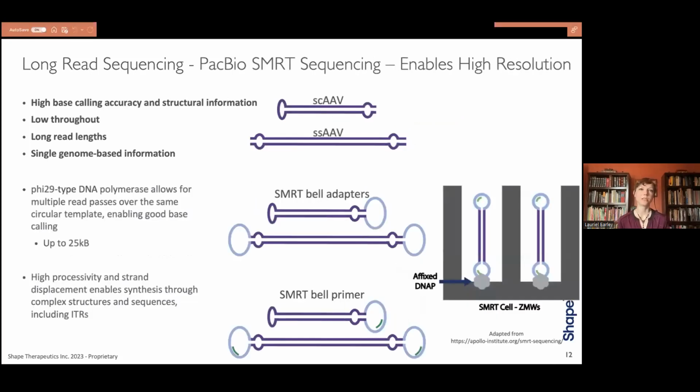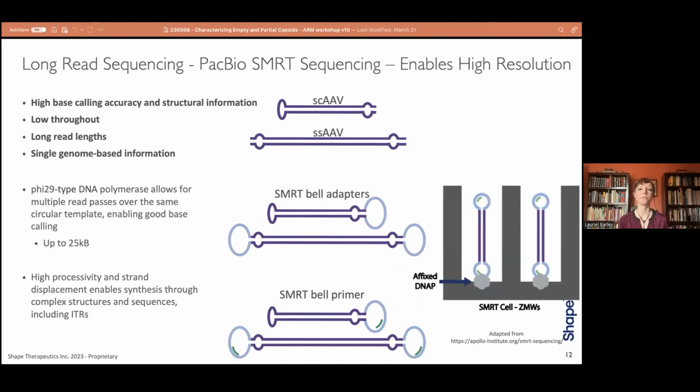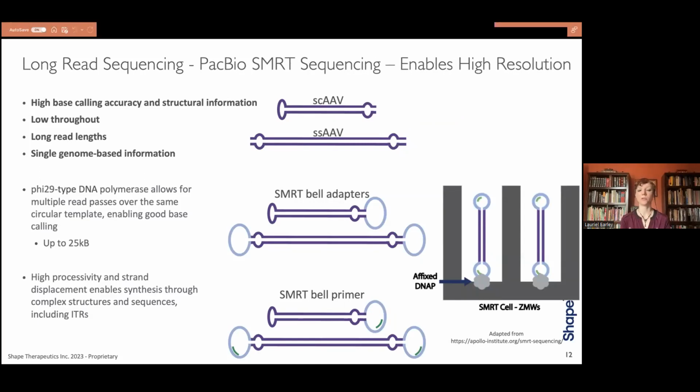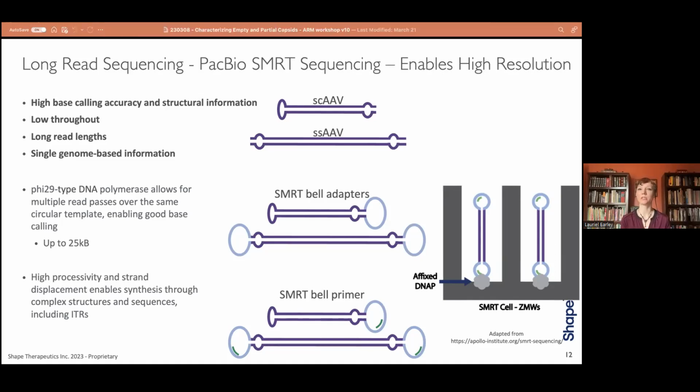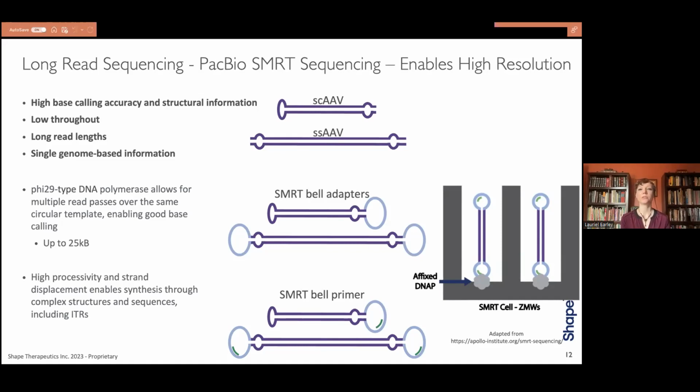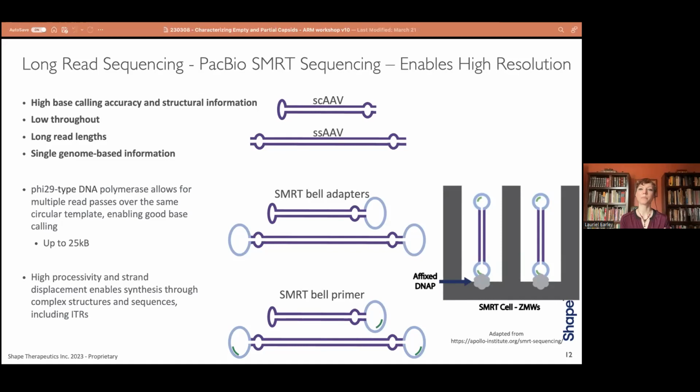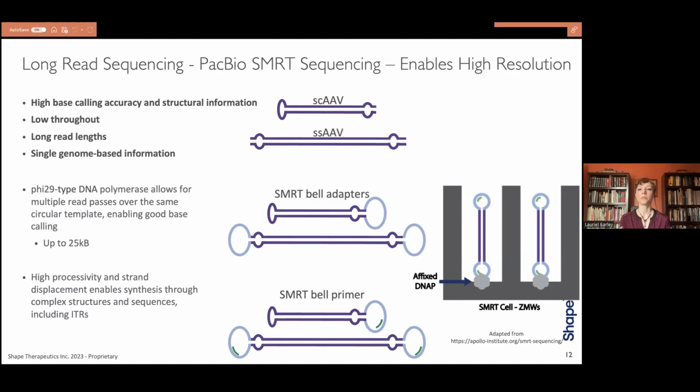The other long-read sequencing technique that I'll actually talk quite a bit about is PacBio's SMRT sequencing platform. And again, this is going to involve adapting double-stranded DNA. I didn't mention this before, but to point out here, AAV, either in its self-complementary AAV form or in a single-strand form that has annealed to its complement, can create double-stranded DNA ends that could be adapted both for nanopore and for PacBio. And so here, these double-stranded DNAs are adapted with SMRTbell adapters to form a circular template that is loaded into a SMRT cell with primer addition.